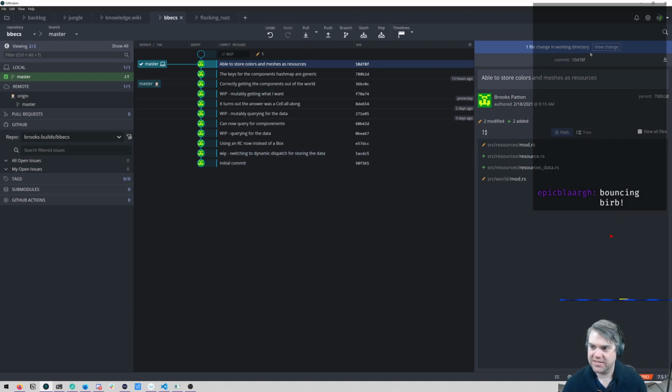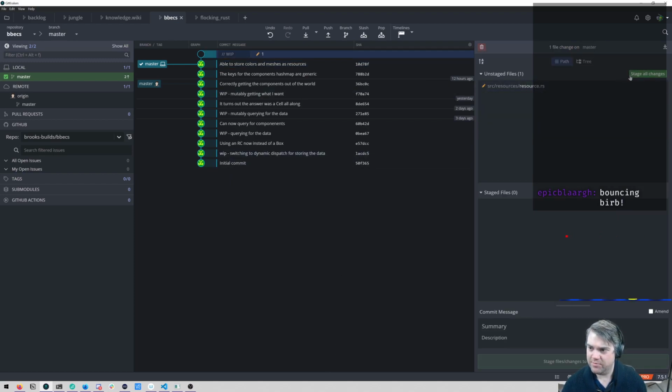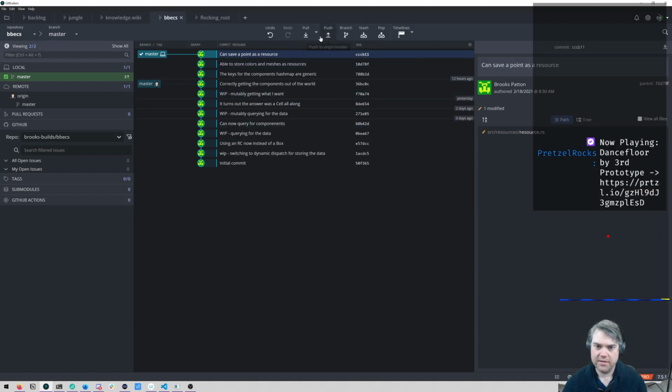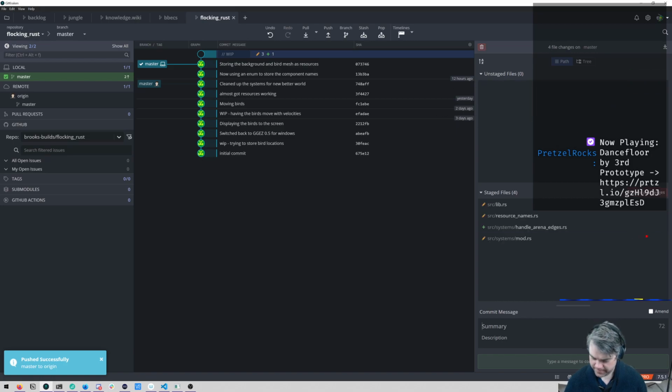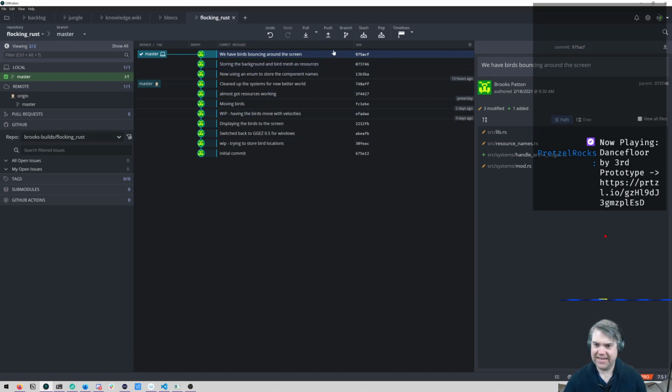We're going to see, so what did we add in here? Okay, so we can save a point as a resource. I'm going to go ahead and push that up. And in our flocking Rust, we have birds bouncing around the screen. Excellent. And now I can push that one up as well. Okay, so